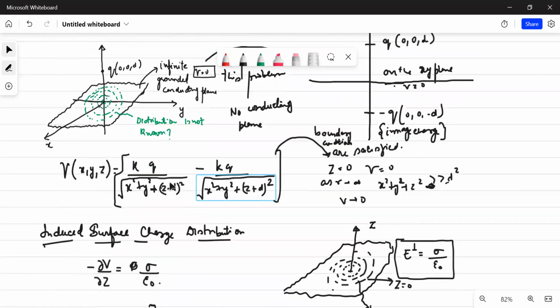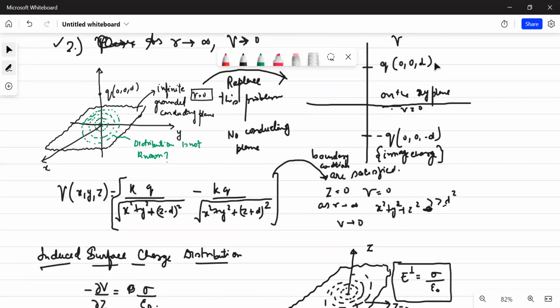You can see that the potential at any general point (x, y, z) would be given by kq upon the square root of x squared plus y squared plus (z minus d) whole squared, and the corresponding term for z plus d. This is the potential due to the image charge, and this is the potential due to the original charge. You can see that if you place z equal to 0, this would become 0, so the potential becomes 0 at z equal to 0. And as r tends to infinity,